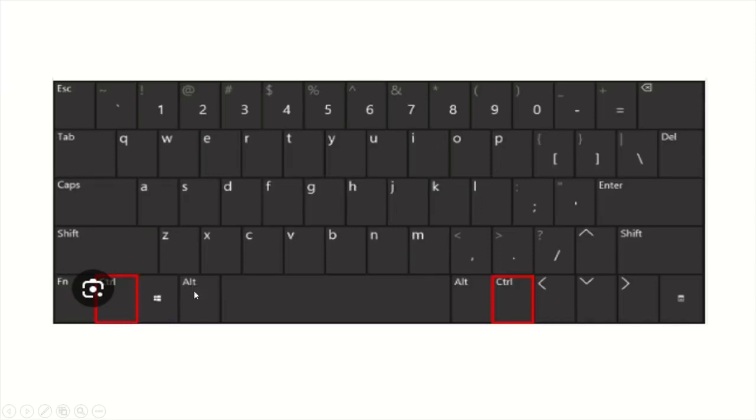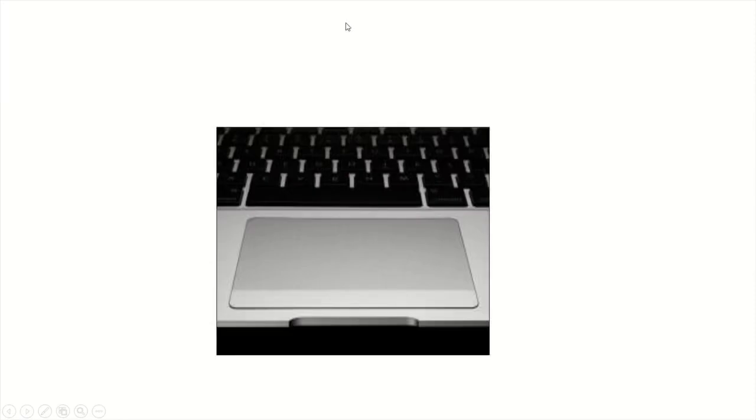The next input device or computer device that interacts with the computer is the trackpad. This replaces the mouse on a laptop. So on your laptop you don't have a mouse, you have this area. This is called the touchpad. It tracks the movement of your fingers and then moves the mouse on the screen, the mouse pointer on the screen